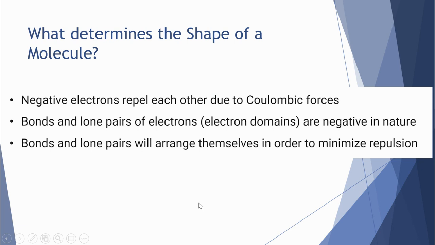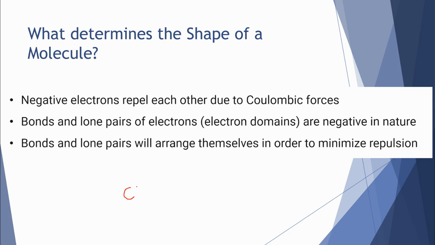What determines the shape of a molecule? Well, we know that negative electrons repel each other due to Coulombic forces. Bonds and lone pairs of electrons, which we call electron domains, are negative in nature, and bonds and lone pairs of electrons will arrange themselves in order to minimize repulsion. So, for example, we would never see